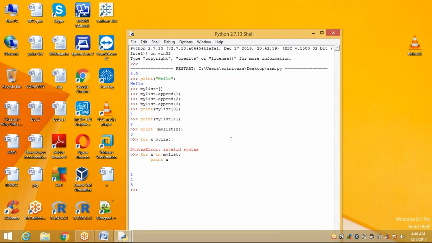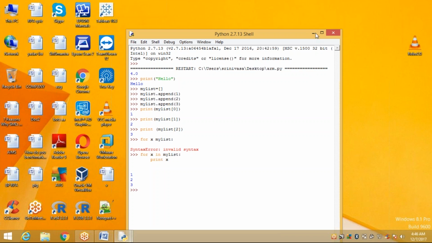So in our industry, almost 90% of the companies are using 2.7 or above.